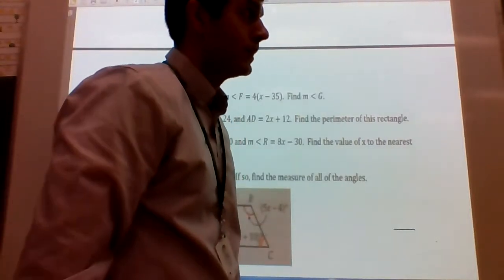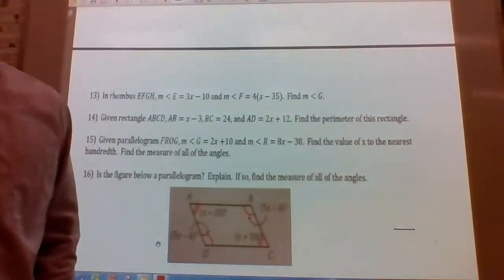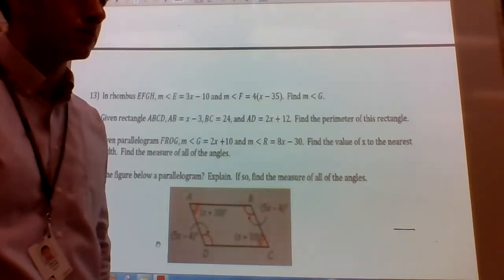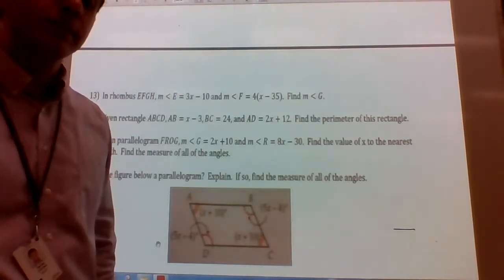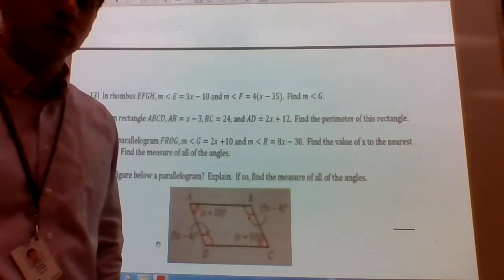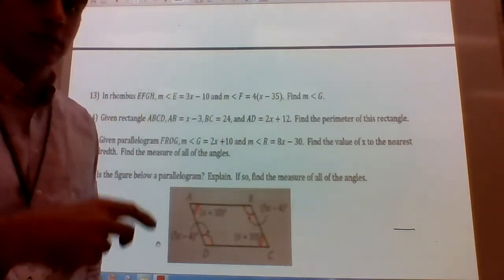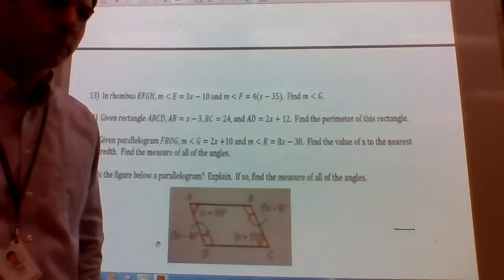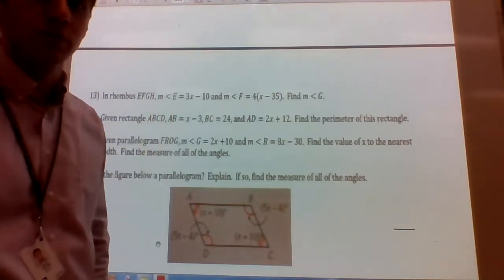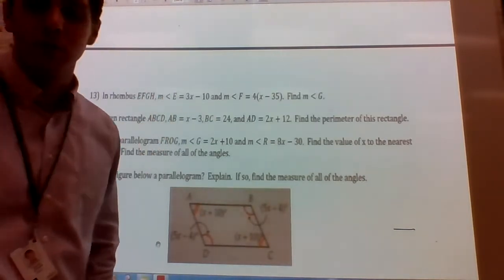This is part 2 of the in-class review for the Quadrilaterals quiz/test, larger than a quiz, smaller than a test. I just didn't want to have an hour-long video in case something screwed up. So I split it in 2 parts. The first part was the first page, 1 through 12. The second part is the second page,